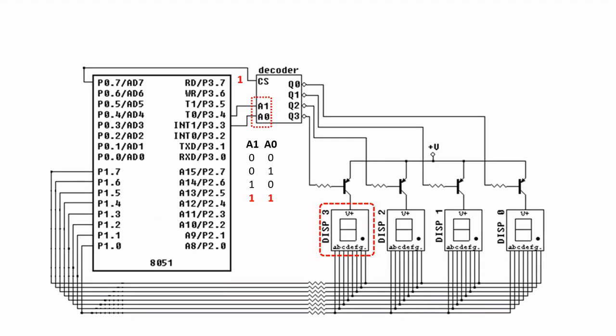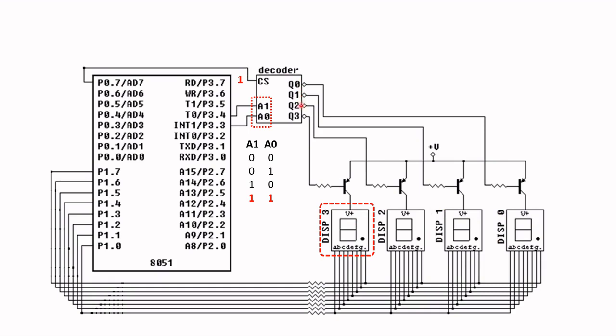Before we get any further, let me do a quick recap on the schematic of the Edsim51 7-segment display. Here's the partial schematic of the 7-segment display of the Edsim51. This is the AD51 and it's connected to 4 7-segment displays: display 0, display 1, display 2 and display 3,